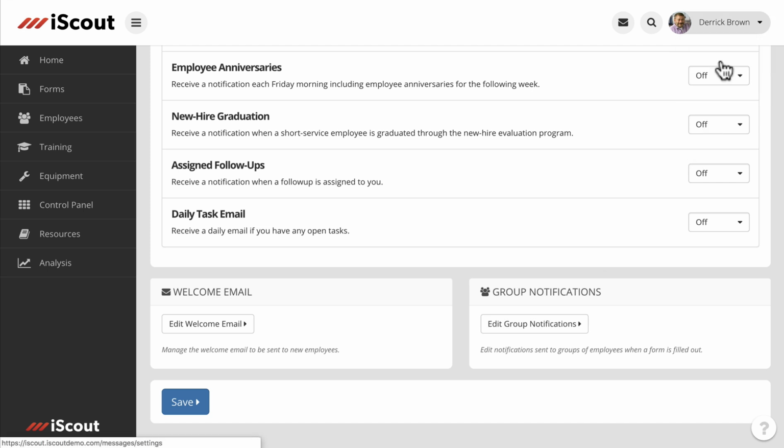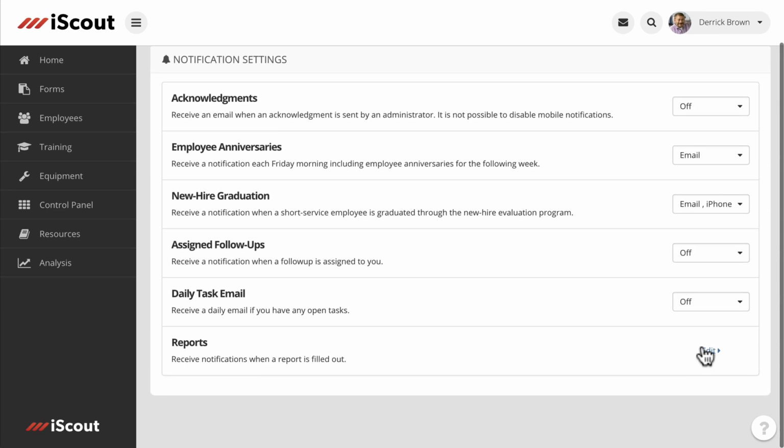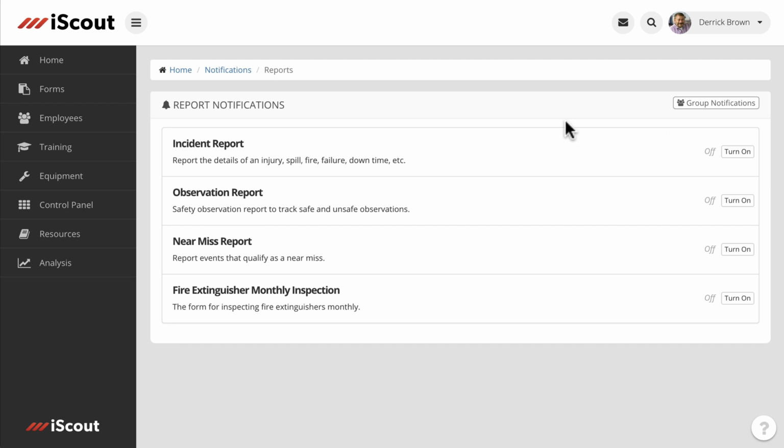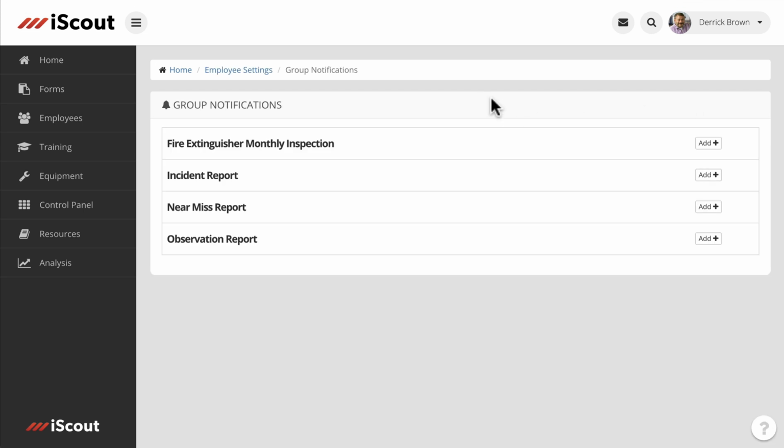Or you can go to notifications for a profile and hit edit for the report notifications. And there's a new group notifications button at the top right there. So both of those will take you to the same place, this new group notification page. There's a lot of different things you can do to set these up, and it can get a little bit complicated and maybe a bit confusing. So I'm going to walk through some really simple examples,